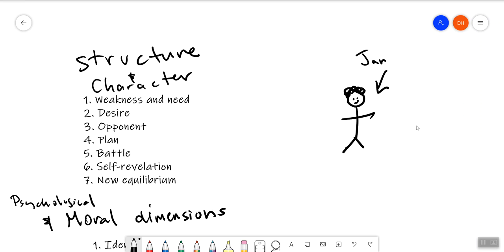So let's say we take a character. I've made up a generic character called Jan. She's right here. Okay, she looks happy, but she's not. So she's lying to herself about being happy. Now, let's say that Jan has some psychological, we're going to go into backstory. We're going to try to build this character mentally before we even write a word down in the story itself. Let's say she has some psychological damage from an abusive relationship with her father.